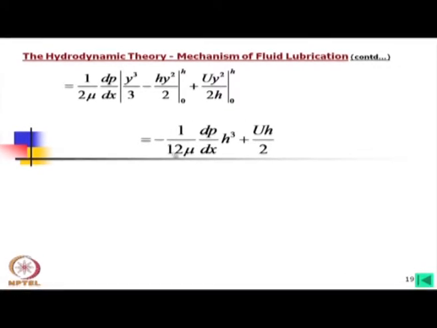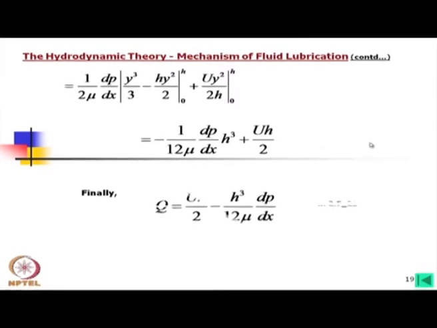This gives the form 1 by 12 mu dp by dx h cube plus u h by 2. So, we can rewrite the equation again: q is equal to u h by 2 minus h cube by 12 mu times dp by dx. Now, if u is equal to 0,